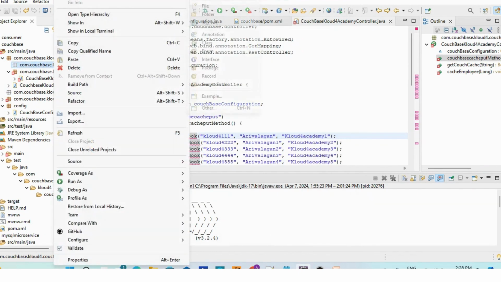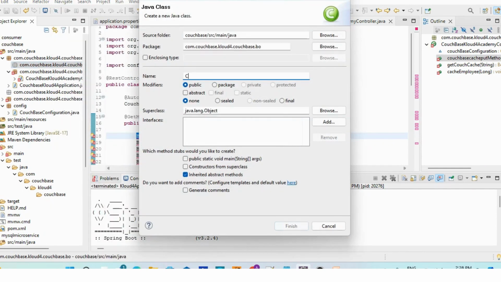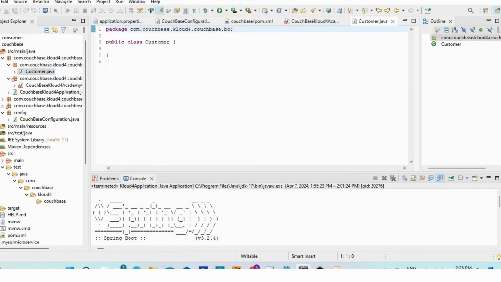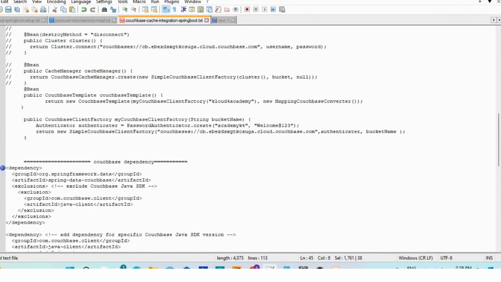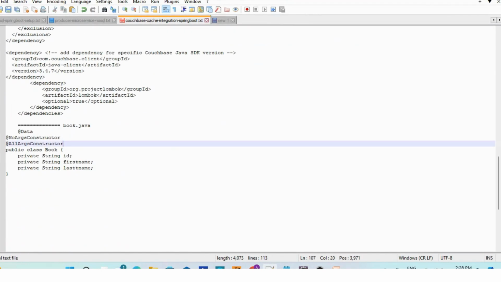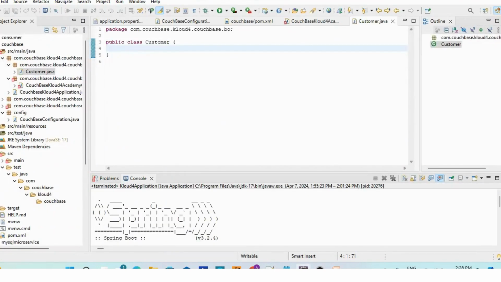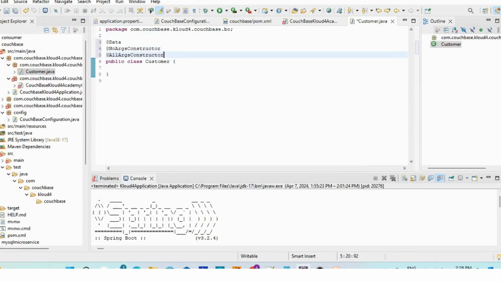I'm creating a class called, let's say, Customer. I created a customer. Here we are going to use Lombok, because we don't want the getter and setter, so I am using Lombok. Creating a private